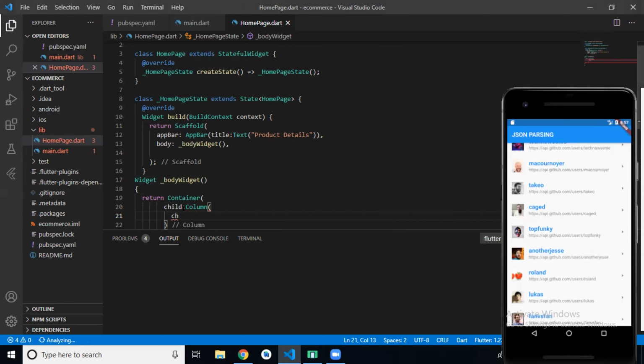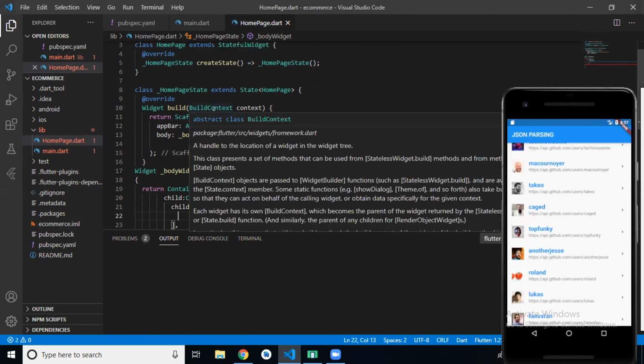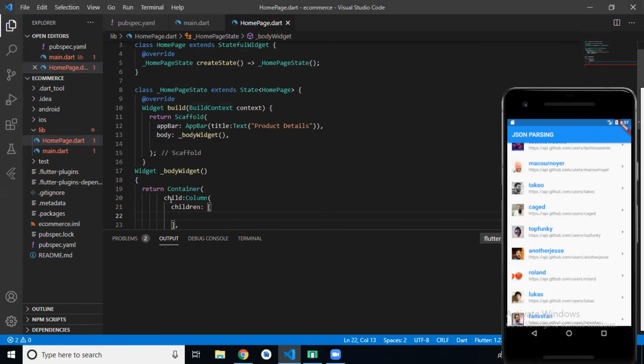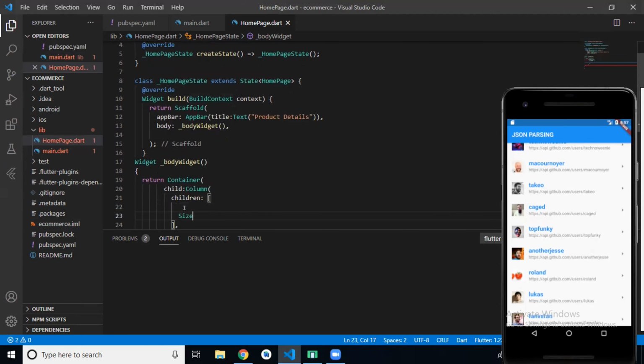Yes, Roshan, it's column, because top to bottom, right? So the first widget is our image. First I will create a sized box for taking space from the top. Height is 50.